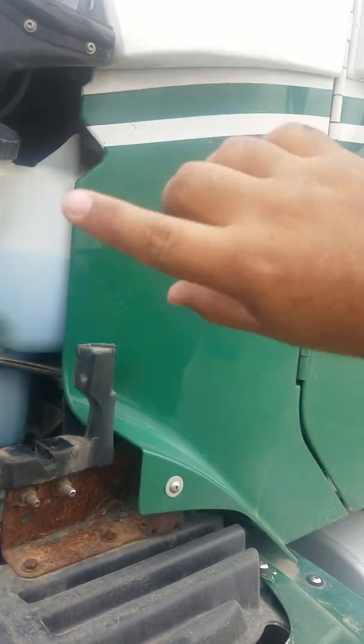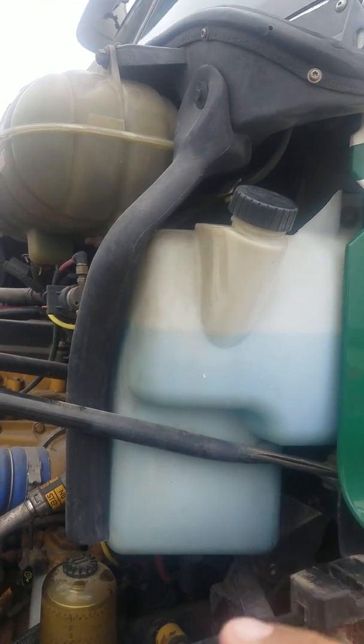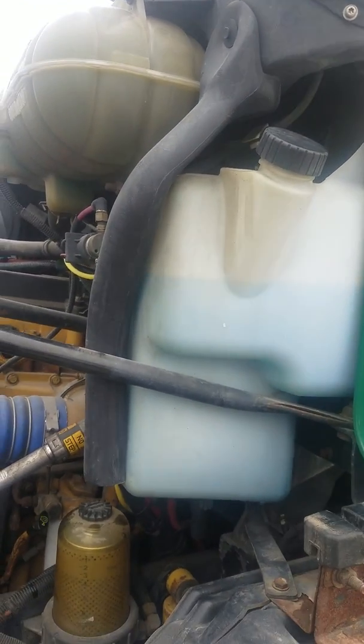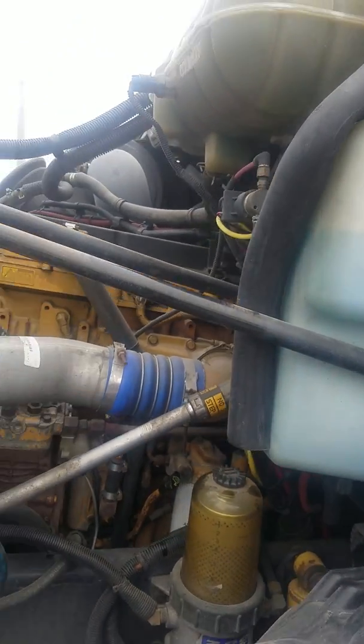From there we're also going to check the water hose on it that goes to your windshield wipers. Make sure that the hose is properly mounted, that it's not missing, and that it functions correctly. In other words, that it throws water to your wipers, right? From there, we're also going to check our